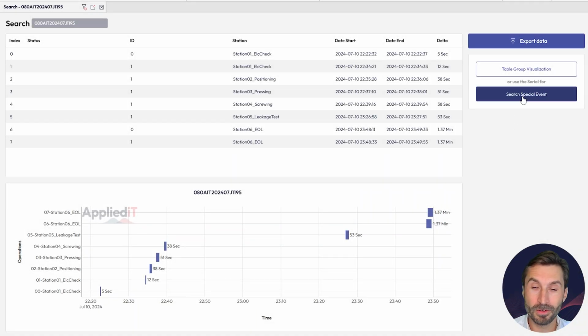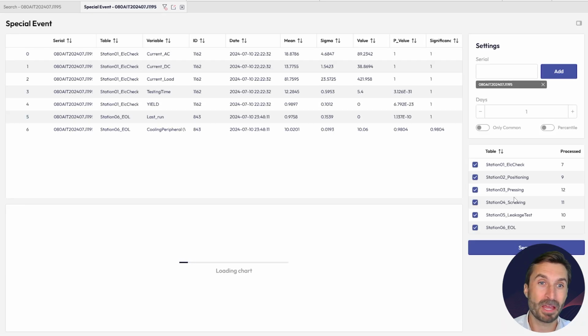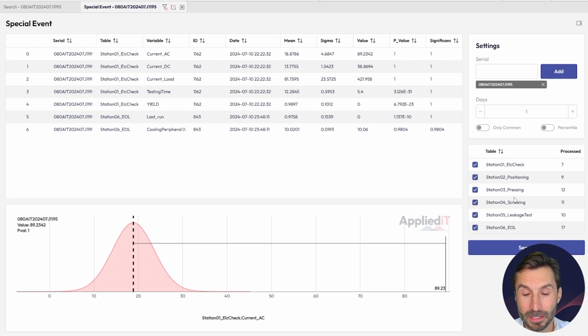So that gives you full traceability on your parts, and your customer will have peace of mind that you are fully aware of what the variables or measurement values on your parts are. Now we go a little bit deeper, and that is we want to understand what makes this part special. So we want to know, where did this part stand out from all the other parts running on that same